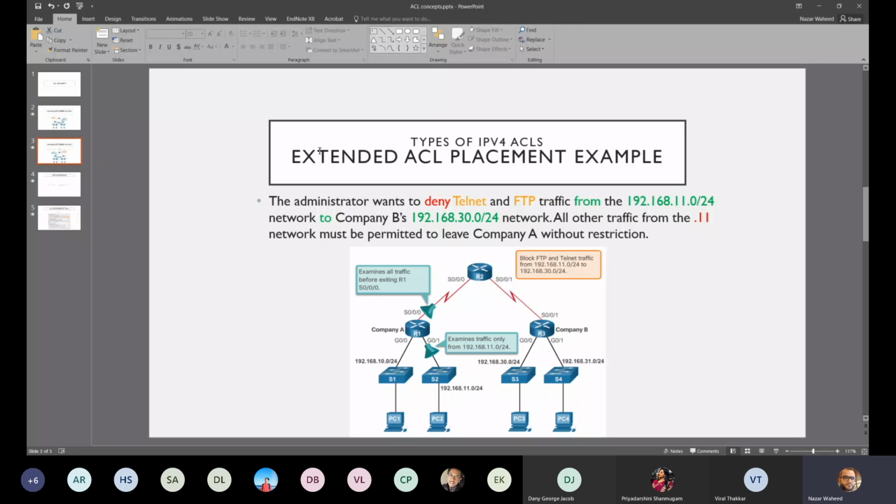Okay, the next type of ACL you come across a lot is extended, which we honestly use a lot because of the flexibility and the control it gives us. Just going through this typical scenario, and my explanation of why we should be putting it as close as possible to the source, as compared to the standard one. Here, what the administrator wants is to deny all the telnet and FTP traffic from the 11 network